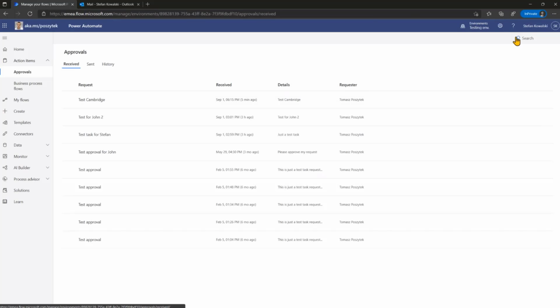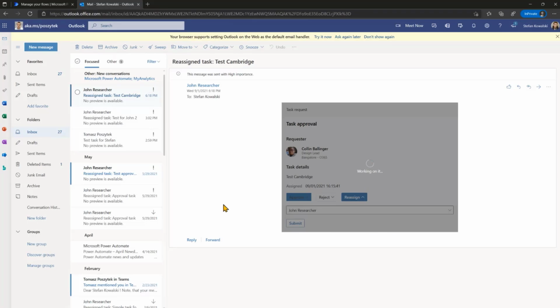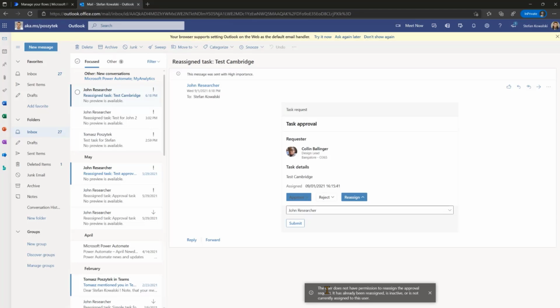Here are Stefan's tasks, right? This is Stefan Kowalski. There is this task test Cambridge. And as well, Stefan received another email with another request for a task. And then if Stefan would like to reassign this task, for example, back to John Researcher, the endpoint is going to return an error that this specific user, so John, has no permissions to reassign Stefan's